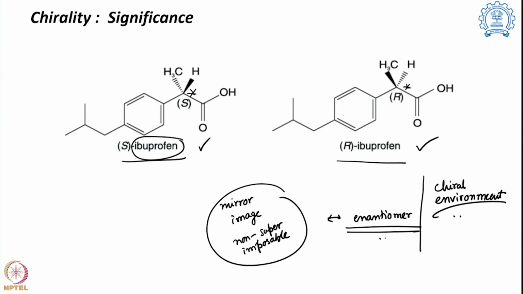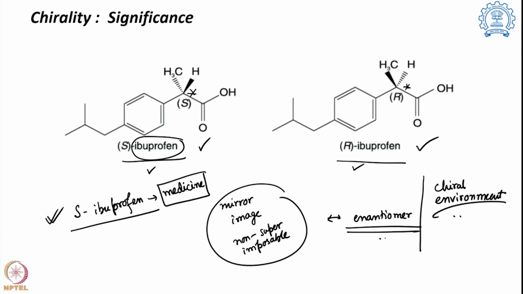So, when we consume these ibuprofens, these two are actually recognized differently. The first ibuprofen, the S ibuprofen, actually has the medicinal quality. So, we can use that as medicine. So, if I take S ibuprofen, I will be fine because that will work as an analgesic as it is supposed to do. But if I take R ibuprofen,